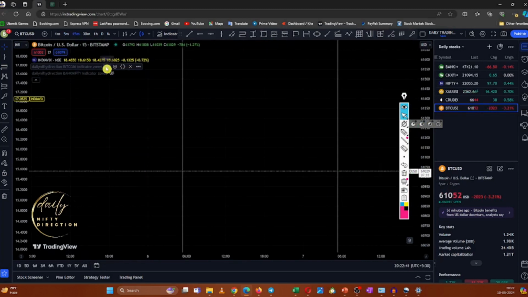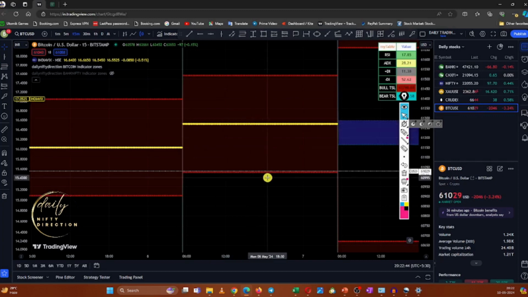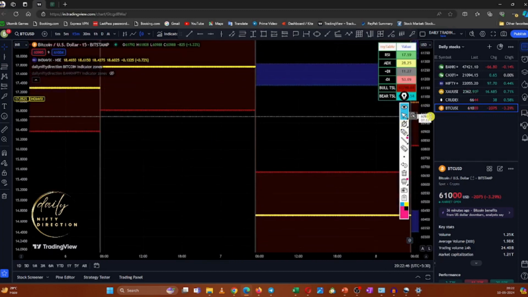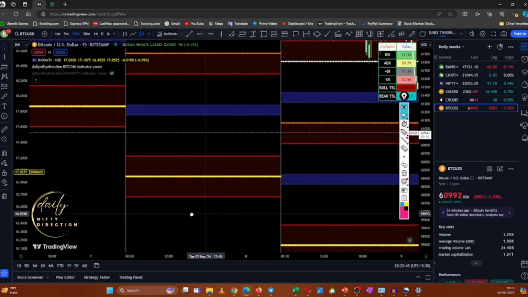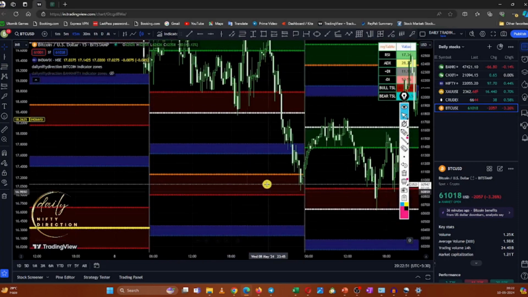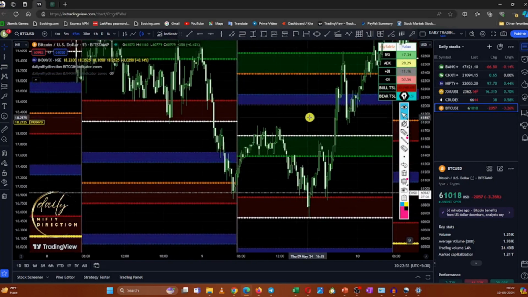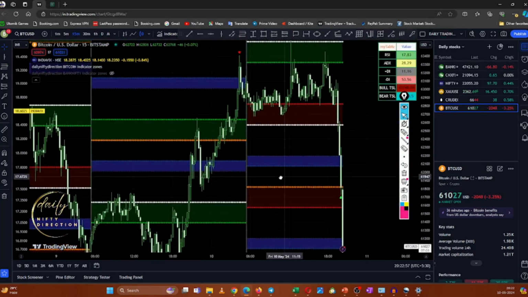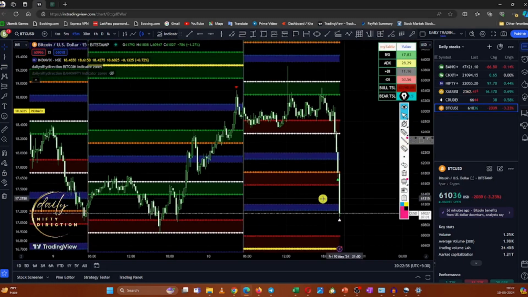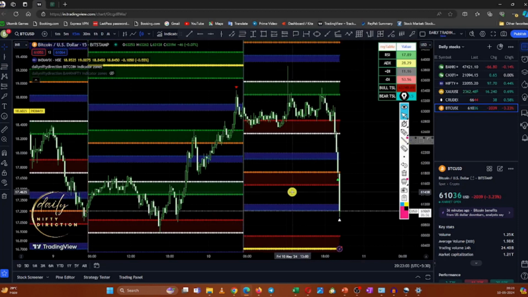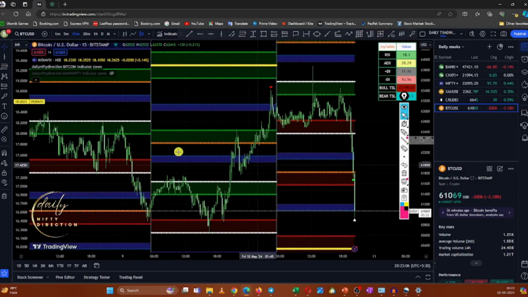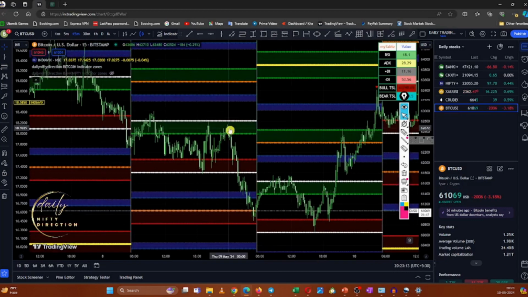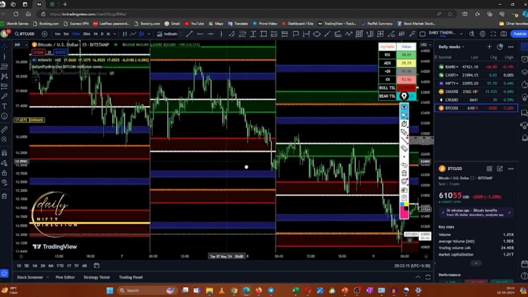There's the Bitcoin. You will get similar types of trades, okay, like this only, and it is super fun because you will get many trades,